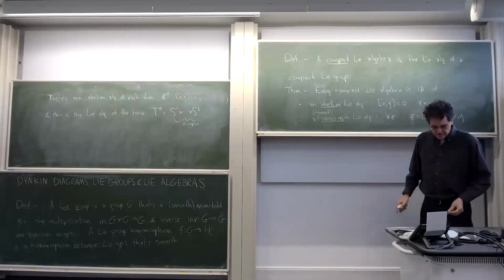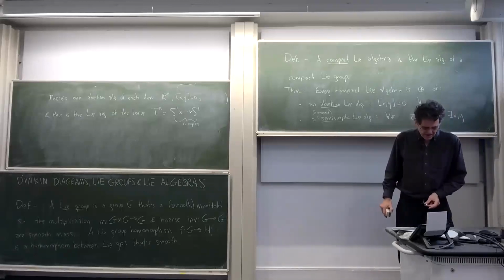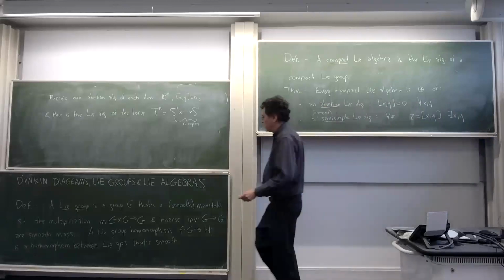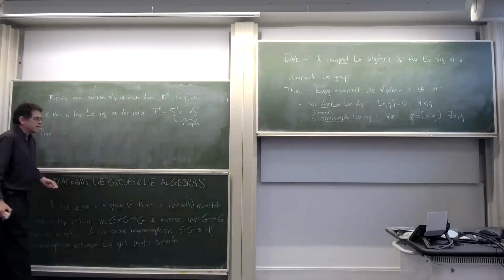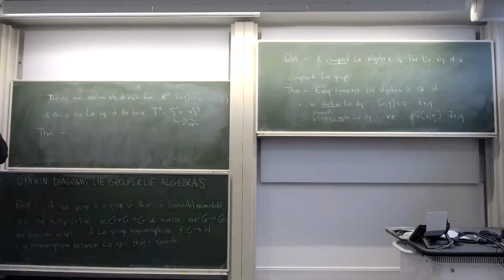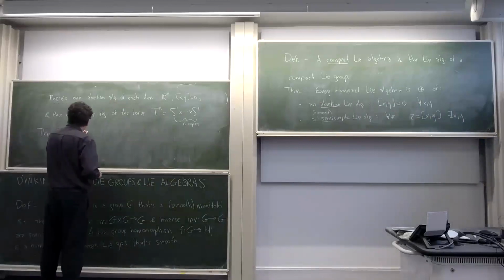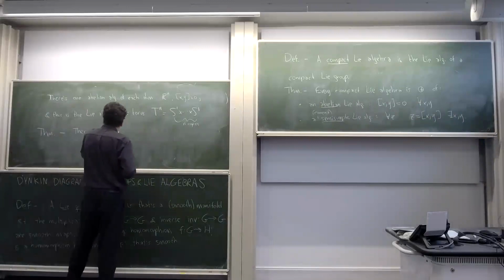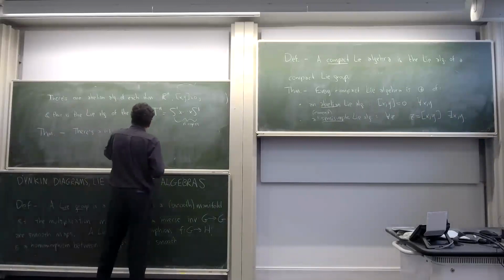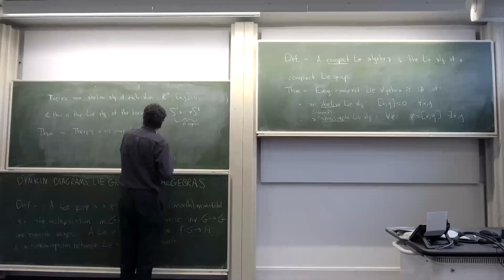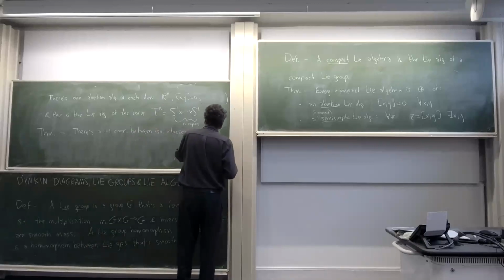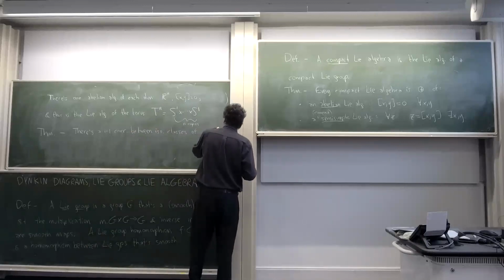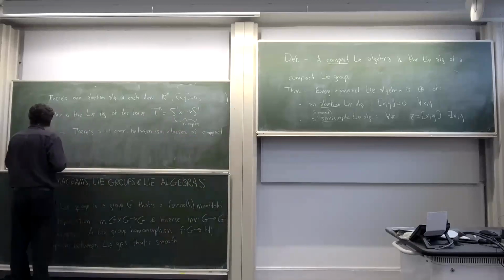But these semi-simple ones here, despite their name, are not so easy to understand. But the good news is that they can be understood. So it turns out that they're classified by Dynkin diagrams. So there's a one-to-one correspondence between isomorphism classes of compact semi-simple